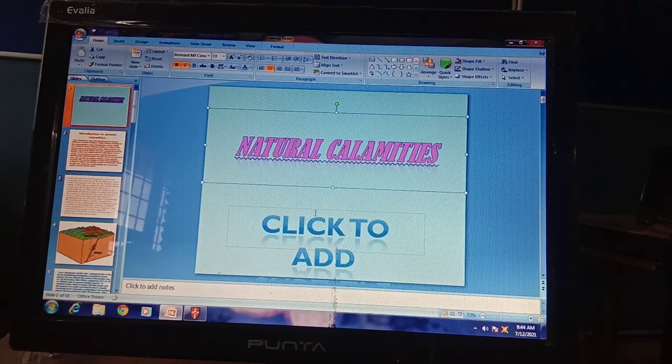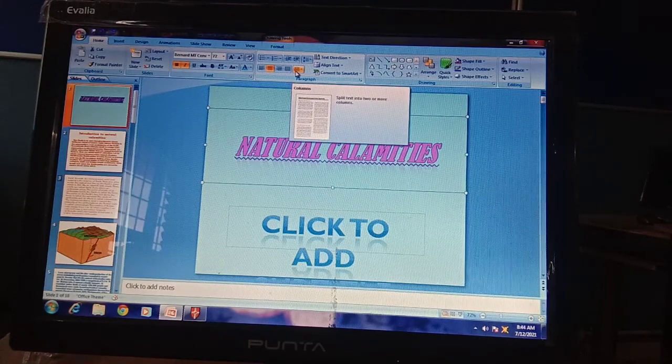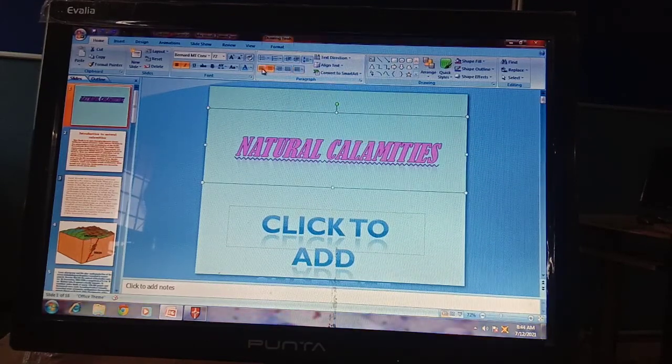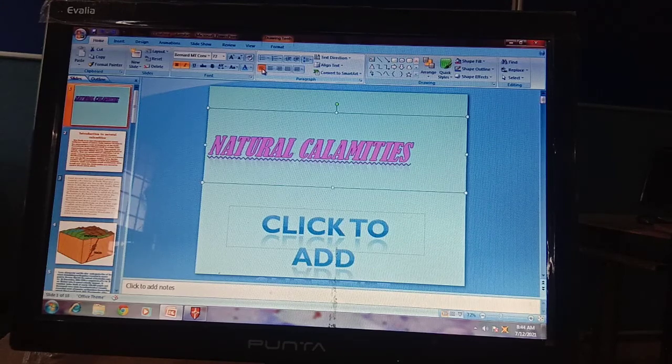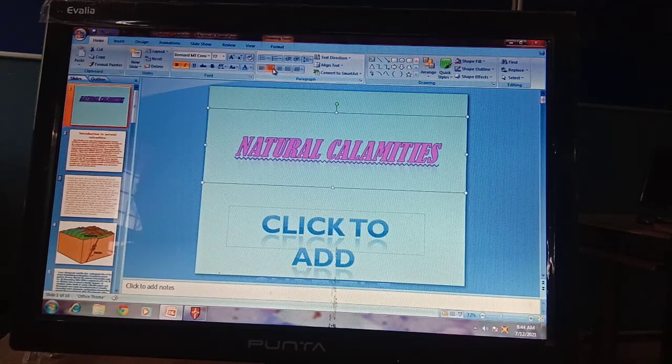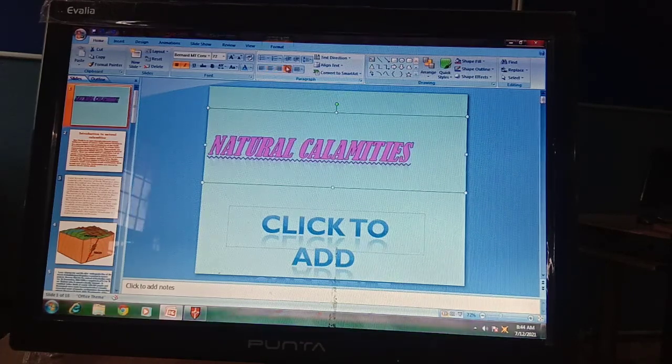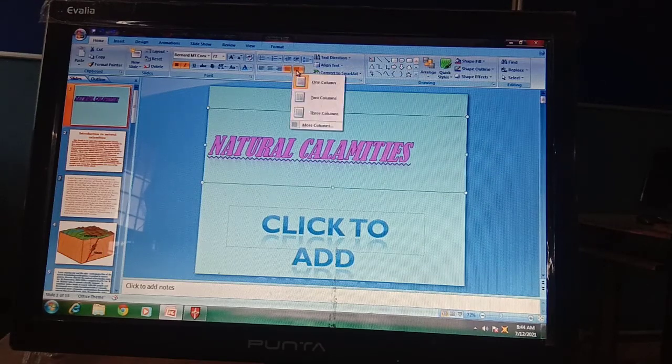Okay, you can have these alignments also. You can also apply alignments in your text like this. This will make it left align, this will make it center align, this will make it right align, and this will make it justified.